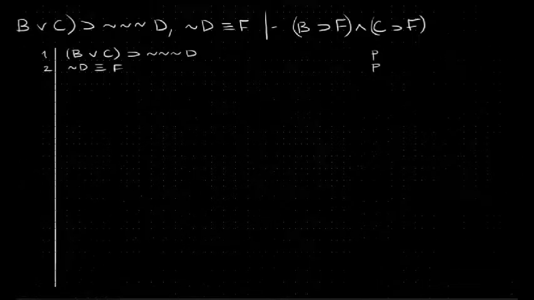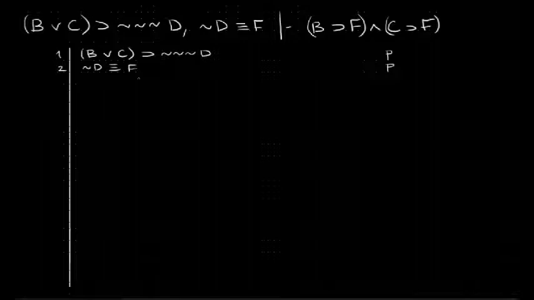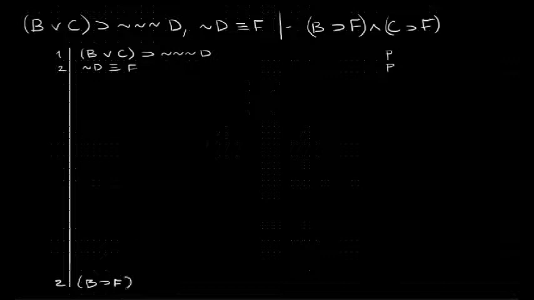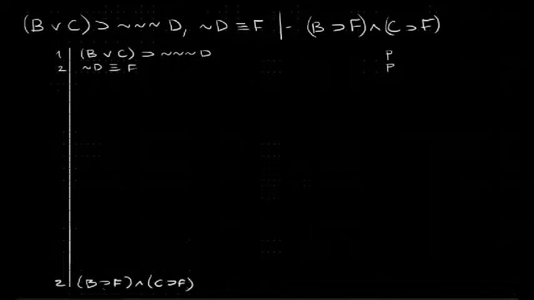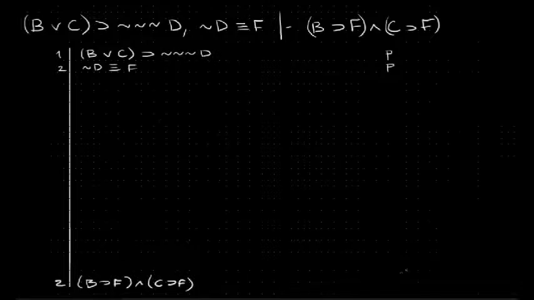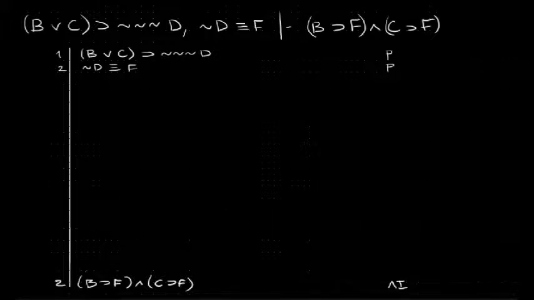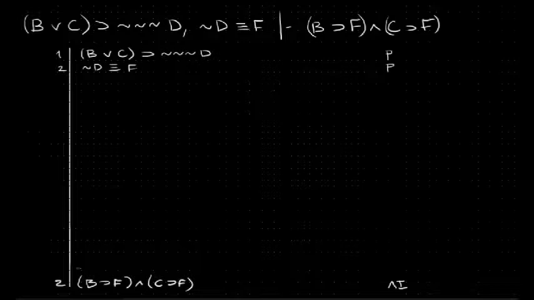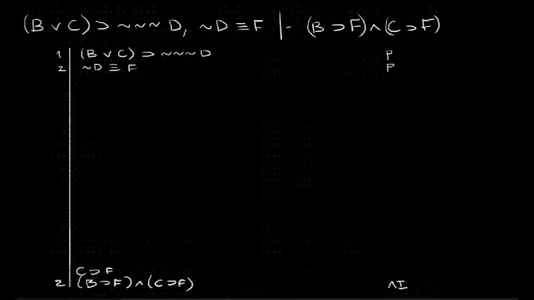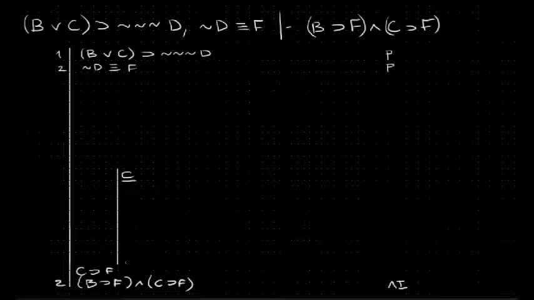Okay, let's look at this final example then. So here we have a sequence of B or C, then not D, not D if and only if F, therefore B then F and C then F. So let's begin as usual by writing our conclusion on line Z, B then F and C then F, and then thinking about how we'd get this from these premises. Well, this is going to have come from a conjunction introduction. So above here we're going to need C then F, and this conditional of course is going to come from a subproof that begins with the assumption that C, ends with F, and then we're also going to need B then F,